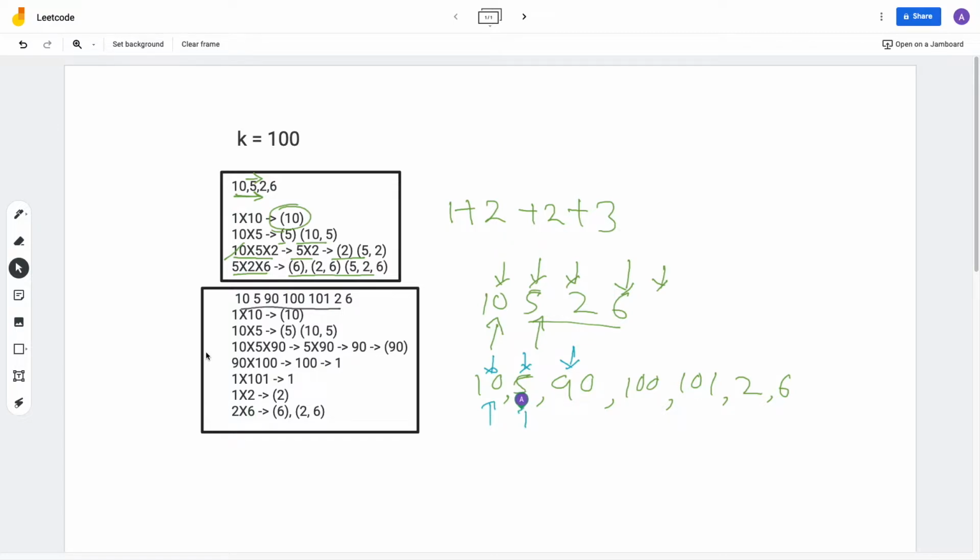So this pointer will move here, this pointer will move here, and then that's 90. 90 is still less than 100, so we can take this array. Then this pointer will move here, and it sees that it's greater than 100. So this pointer will come here and sees it's still greater than 100. So this pointer will move here, and then this pointer will come here, and it finds that this is greater than 100. Then this pointer will move here,